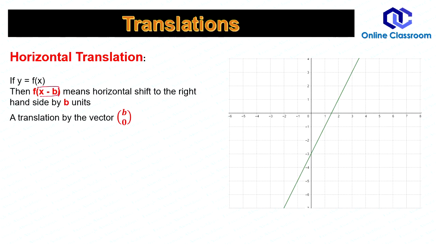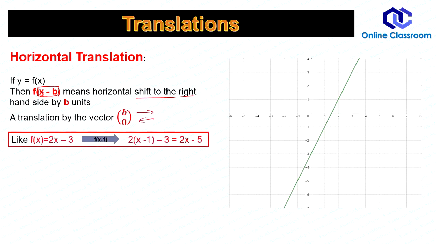I've added or subtracted something in the domain. In this, you need to pay attention to one important thing. Whenever you have a negative sign here, it moves oppositely, that is, shift to the right. And when you write the vector, you put the sign positive here. This vector shows the actual translation. Positive means rightward, negative means leftward. But when you input the domain, you have to use the opposite sign like this.